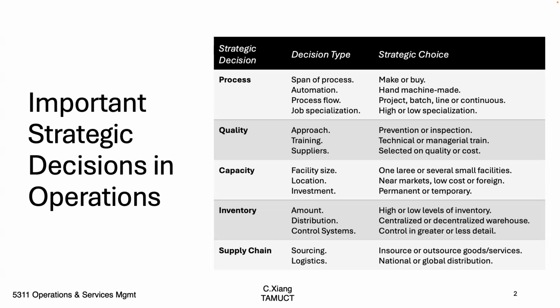In the inventory category, firms must decide on inventory policies: how much inventory to hold, and where? This also connects to distribution system design. Should inventory be centralized in one or two very large distribution centers, or spread across many smaller warehouses nationwide? Finally, supply chain decisions,